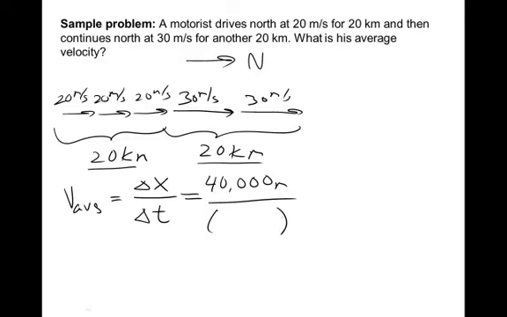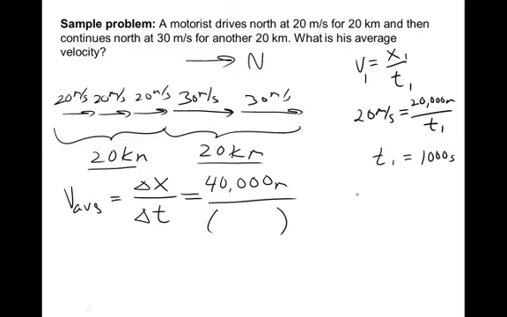So we should use basically our velocity is equal to displacement divided by time for each of these sections. So for that first section, we're going 20 meters per second, and we're going 20,000 meters over time t1. If we solve that for t1, we find that that takes 1,000 seconds. And then for a part where we're going 30 meters per second and still going 20,000 meters, solving that for t2,